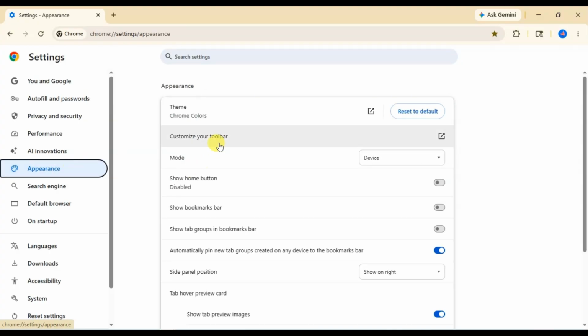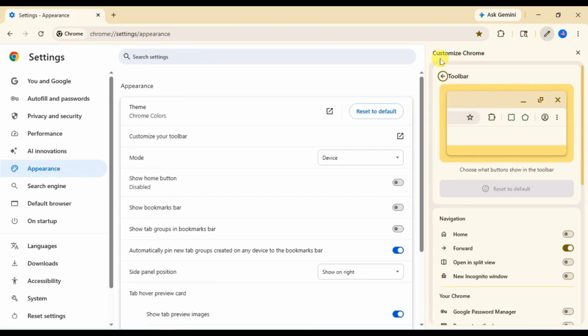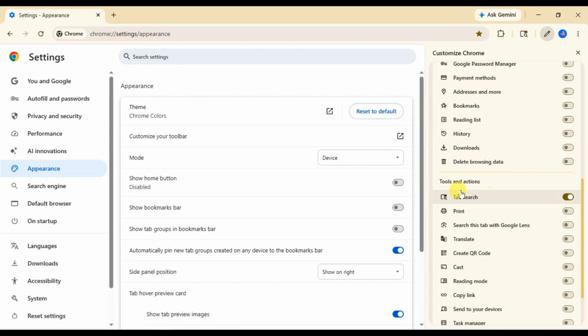Okay. And here in Appearance, click on Customize your toolbar. On the right hand side you can see Customize Chrome. Scroll down and here in Tools and actions, the second option is Print. Just click on Turn on and here you can see on the top side the print button is added on